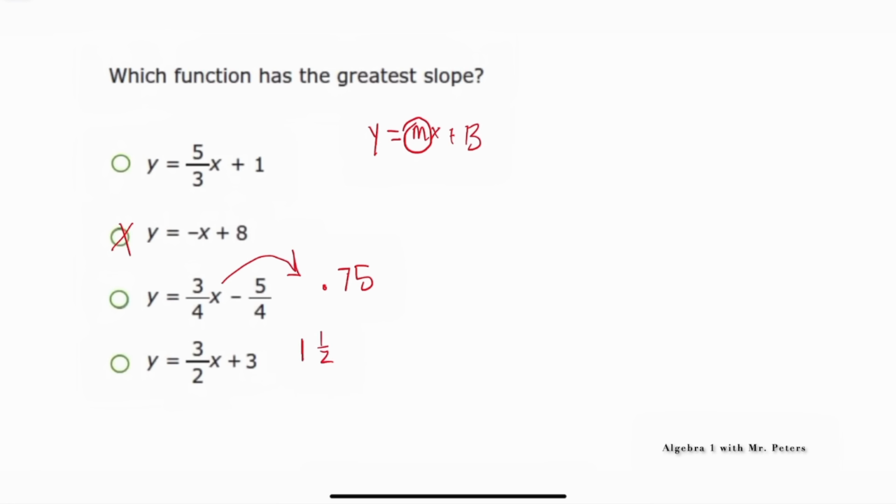1.5. And then when we look at answer choice A, this is 1 2/3. So just comparing these three answer choices, the largest one is going to be 1 2/3. That's 1.666. That is greater than 1.5. Please just make sure you understand what they're asking with this question because it should be more on the simple